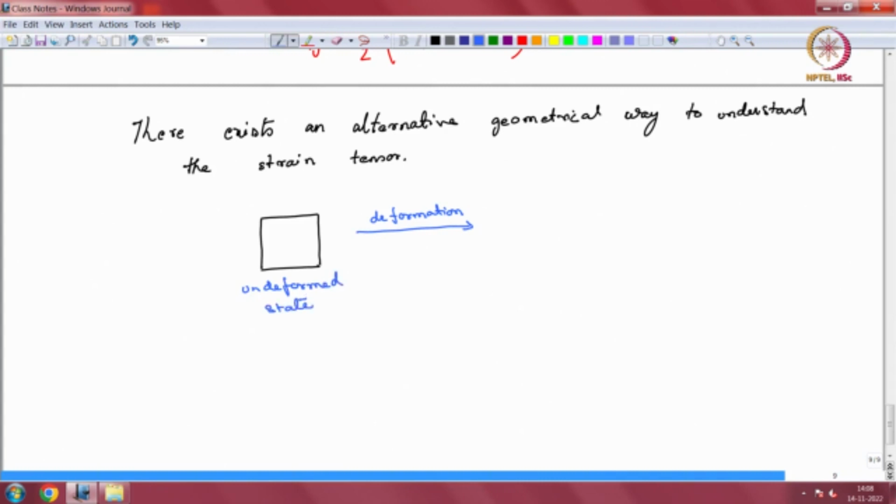And now what can happen to this small element? So we assume that, by the way, I have drawn a box, but this basically represents a very small infinitesimal area or volume depending on a 2D or 3D problem. Now in this case it can undergo let's say something called rigid body translation. So this black box can translate to some other new location. So it can undergo what we call the rigid body translation,